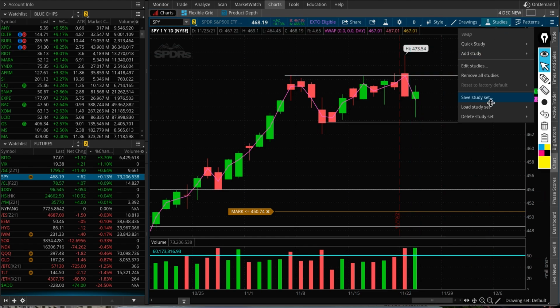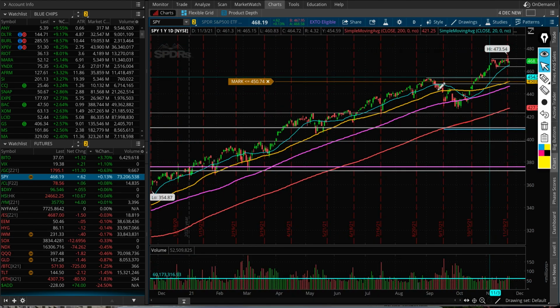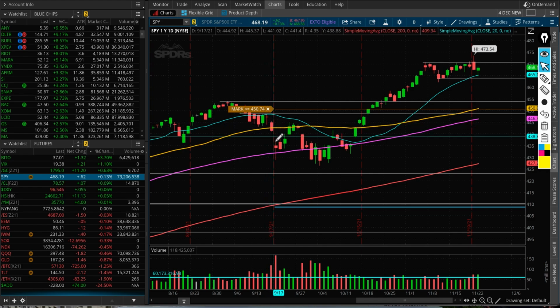Another is moving averages. I always keep an eye on what's going on with the 20-day, 50-day, 100-day, and 200-day moving averages. For the most part, this yellow line on my screen represents the 50-day SMA. It bounces off of the 50-day for the most part, not every time. Just like in September, I think we slipped below these levels, and then this level became resistance a few times. But as soon as it gets back above,